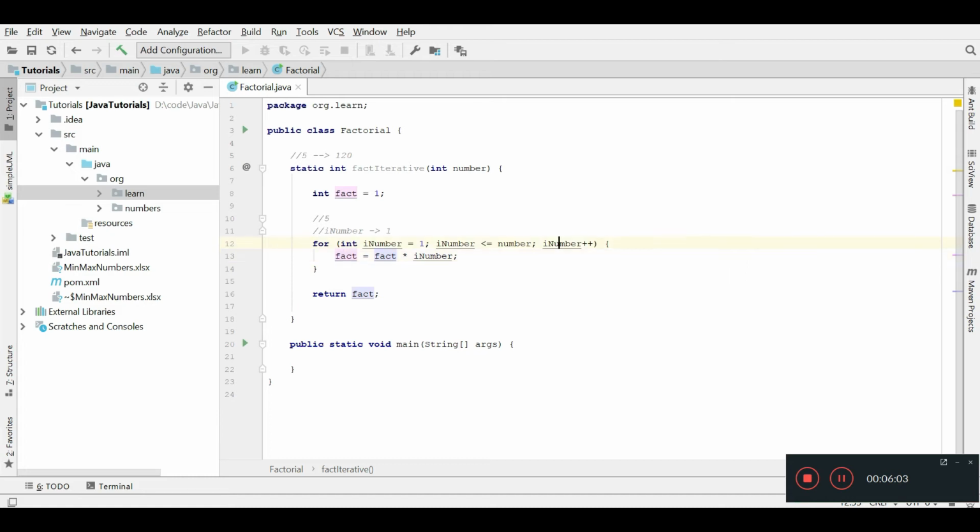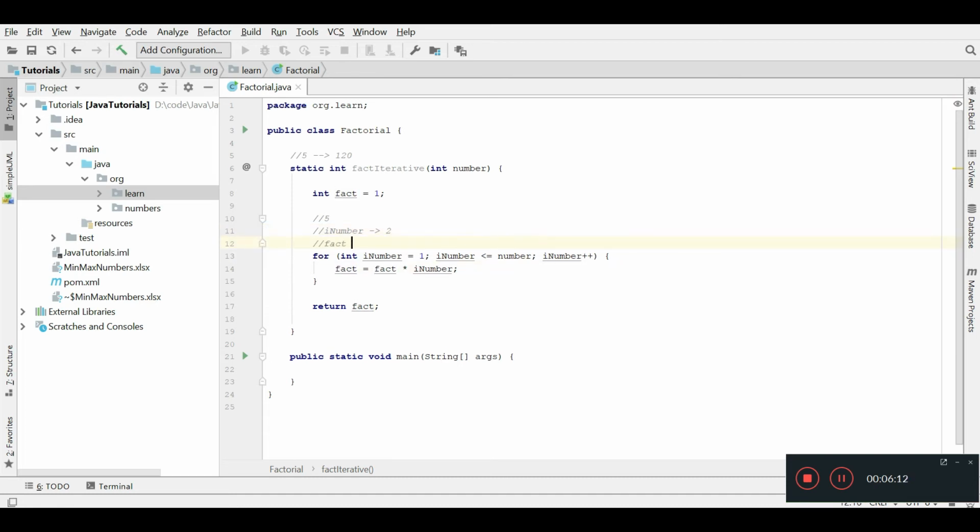Now iNumber will be 2, so we update the value of fact: fact is 1, so the value will be 2 into 1, which is 2. Similarly it will keep on iterating, and at the end the result would be 120. So let's print out this value first of all, factorial iterative.